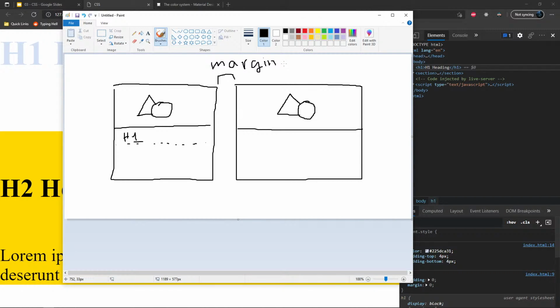In CSS, we can target the spacing between elements in a couple different ways, so you have to be specific. If you wanted this spacing between these two items, you have to think: do I want this element to push things away from it from the right? If that's true, you would do a margin